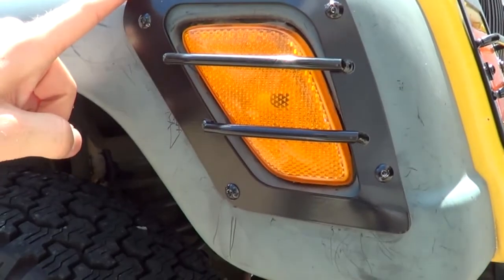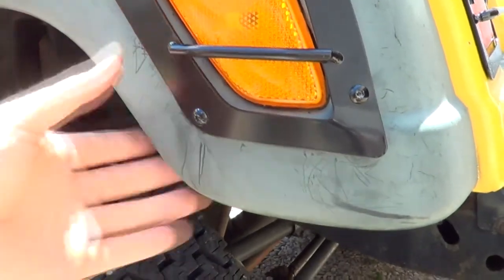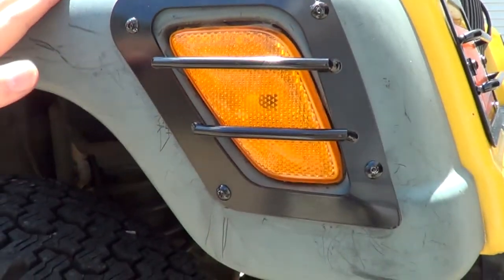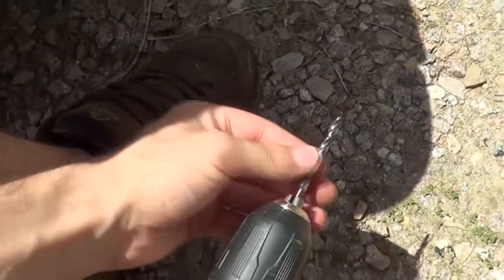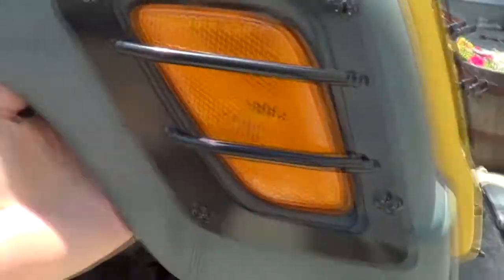I do know for a fact that these don't fit with aftermarkets. The bottoms don't fit, so be wary of that if you have an aftermarket set. But even if you do it on your stocks, and you decide you don't want this and you want new aftermarket ones, you could always just take these off and then have these for the drill to be put right on. I used, I think it was a 3/16 bit, and just slowly drilled right into it. I made marks corresponding to where I wanted it, and then these just screwed in. They have little bolts that hold them on in the back, and they